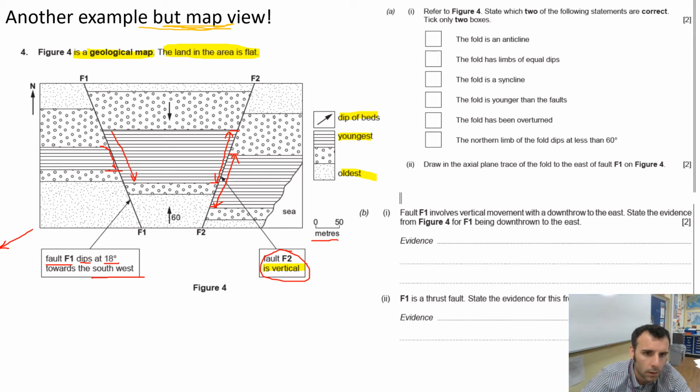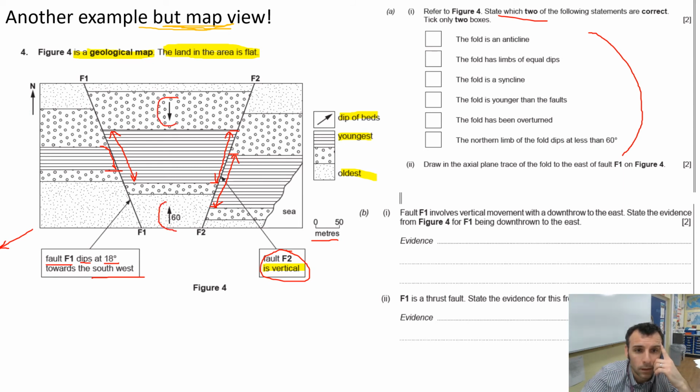Yeah, that clearly shows that there's been some sort of vertical displacement. Otherwise, it would be the same thickness, and so that should help you. There's some statements underneath. It's asking you about the folding actually in here, so I'm going to let you have a go at that, but hopefully you'll be able to figure it out because we've got some dip arrows here